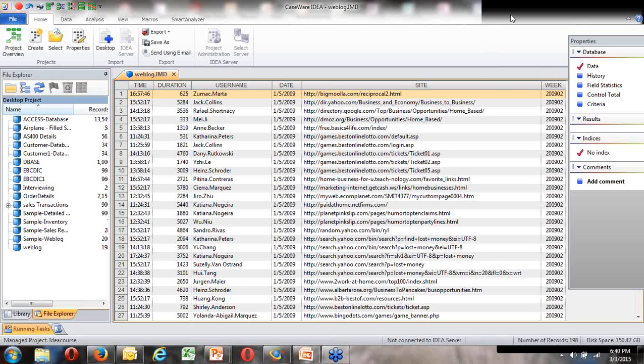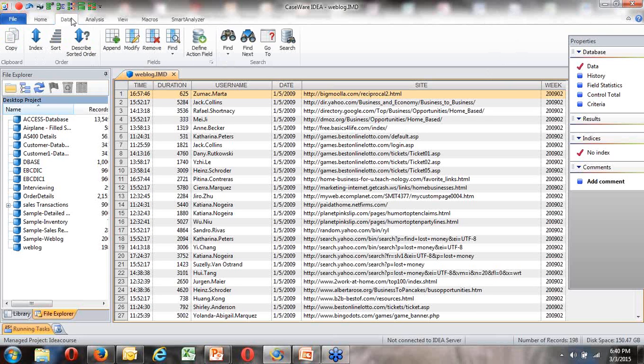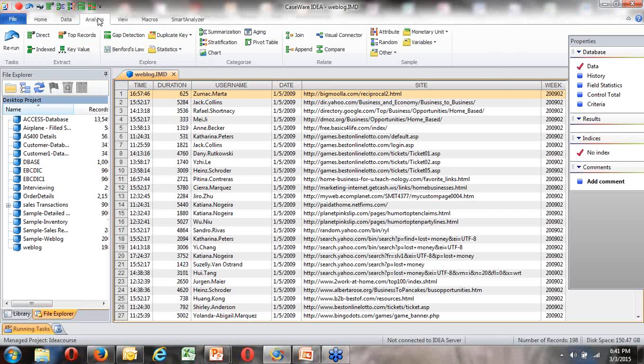So now that I've got all of this, now what? Well, that depends. What do you want to do with it? Why did you bring it in the first place? So I could go into data and I want to extract information. How do I do an extract, a direct extract of data? Well, I do it from analysis. And there's my extract,